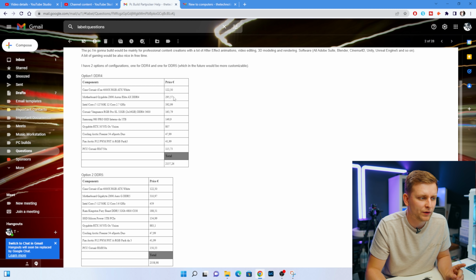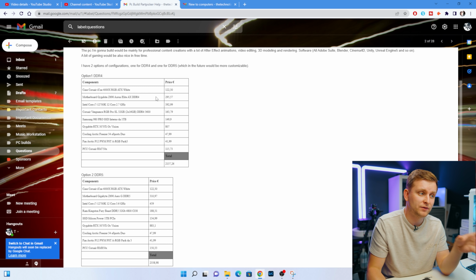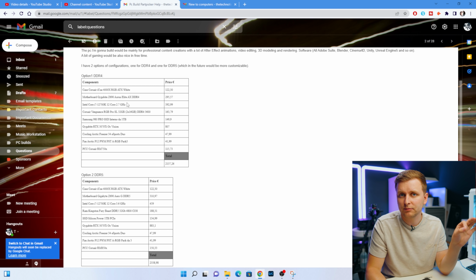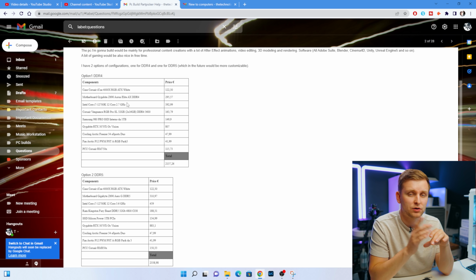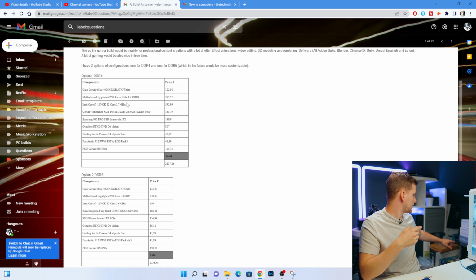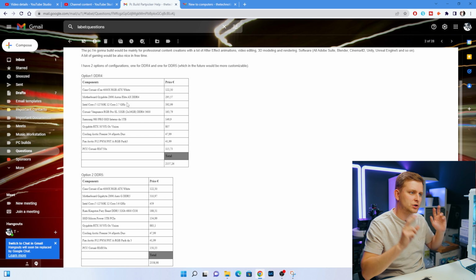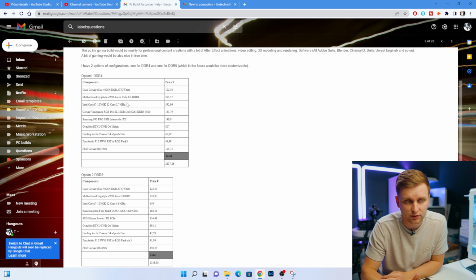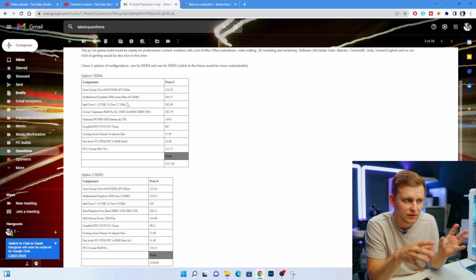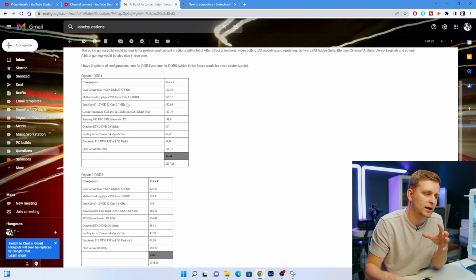And I'm not sure what the current pricing is for the motherboard, but you might also want to go for the Gigabyte Z690 Aero G DDR4 motherboard, because I can see you've got a white theme there. And that motherboard is very, very good for creators. Or the other motherboard I'd recommend checking out is the ROG Strix Z690A white motherboard as well. It's like two of the best DDR4 motherboards for creators. One of them is a little bit more gaming themed, and the Gigabyte one is a bit more